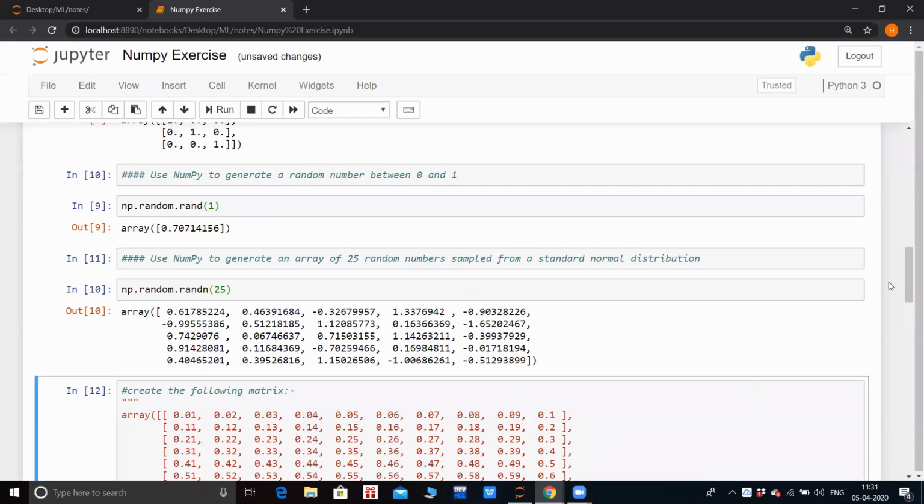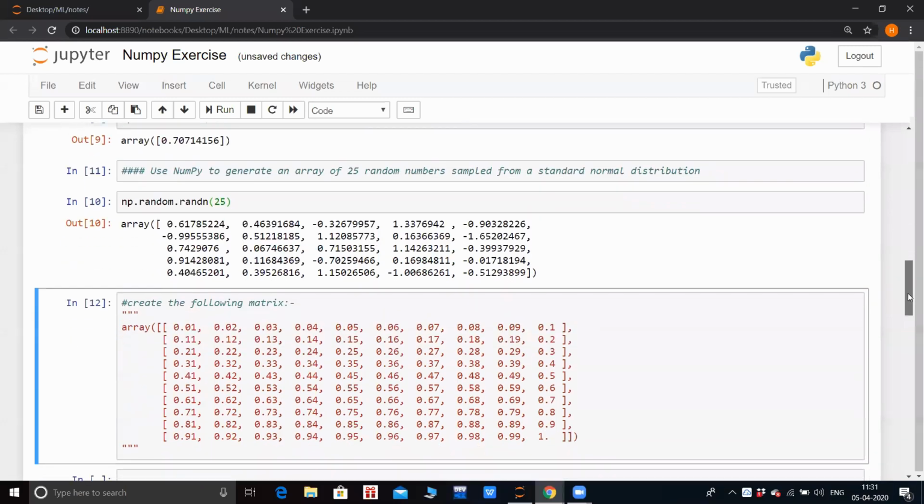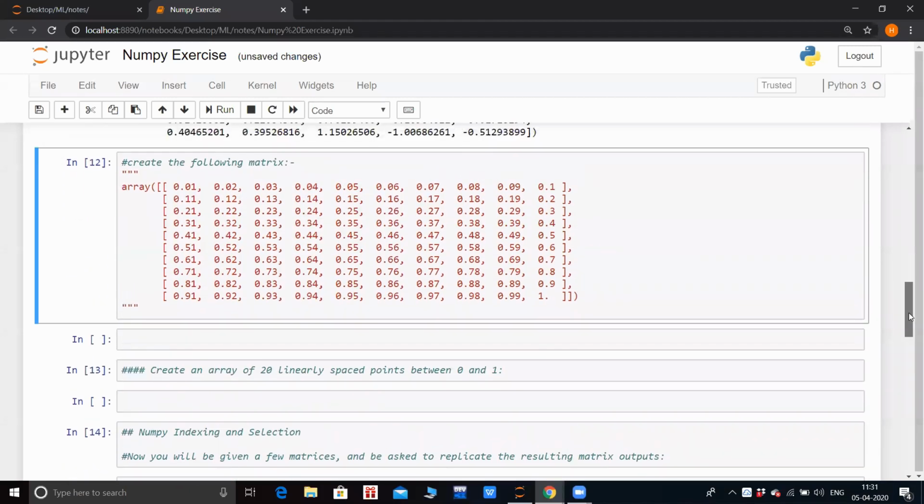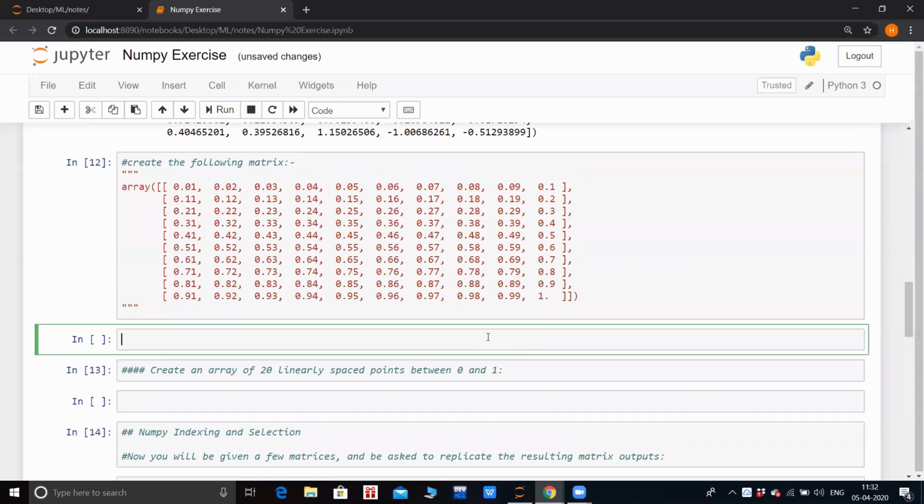Okay, now moving on to a bit tricky question. Don't worry, it's very simple if you observe this matrix. Just observe the matrix. I'll give you 3 minutes for this. I'll give you the answer by 11:35. Again, I repeat, yes, this matrix is big, but you can get the answer in a single line.